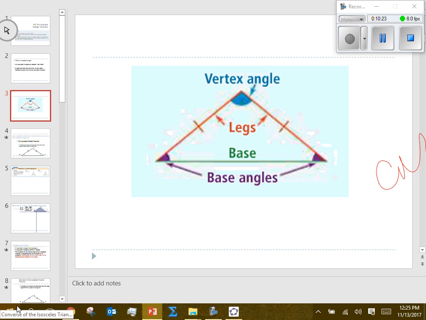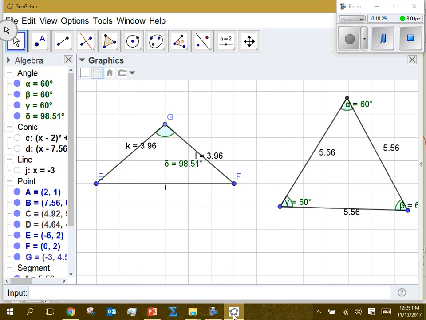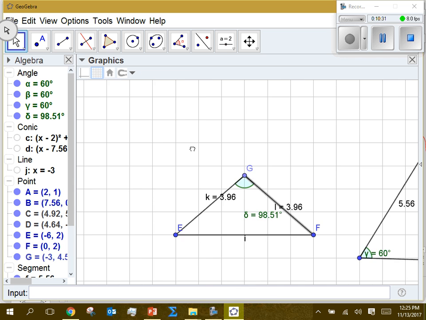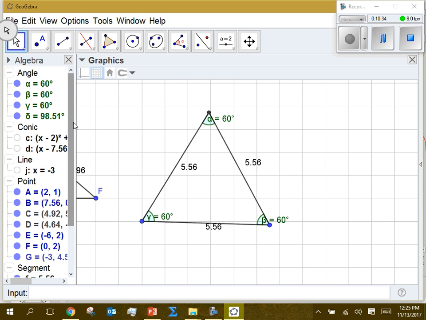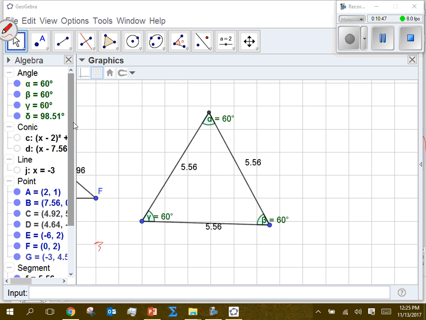Now, we can do the same thing for equilateral. We can use the same terminology for equilateral, but the first thing we have to do, and I'm just going to go back to this picture here, is identify which angle we want to be the vertex angle, because they're all the same, right? And which angle then we want to be the base. Okay, so if I look at this and say, okay, I want this angle here to be the vertex angle, then that there would be a leg, that there would be a leg,